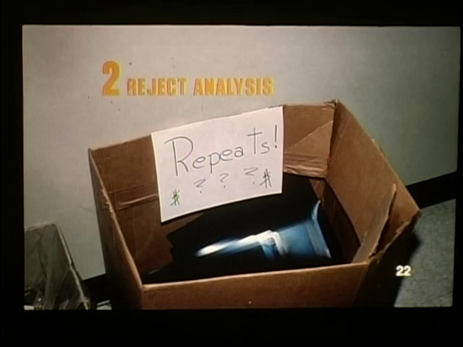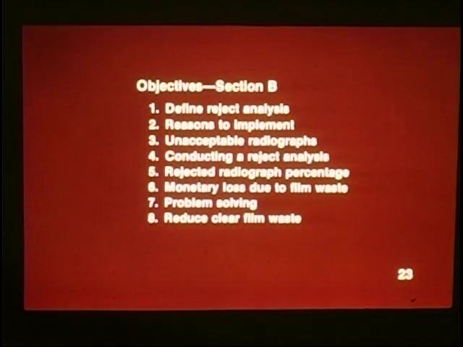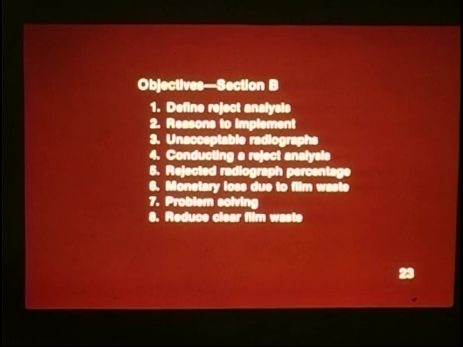Number 22. Implementation of a reject analysis is the second step in establishing a quality assurance program. A reject analysis is a systematic study of all radiographs determined to be unacceptable by the quality control technologist or the reading physician. All radiographs judged undiagnostic should be analyzed periodically throughout the year. Number 23. After completing Section B, you will be able to define reject analysis,